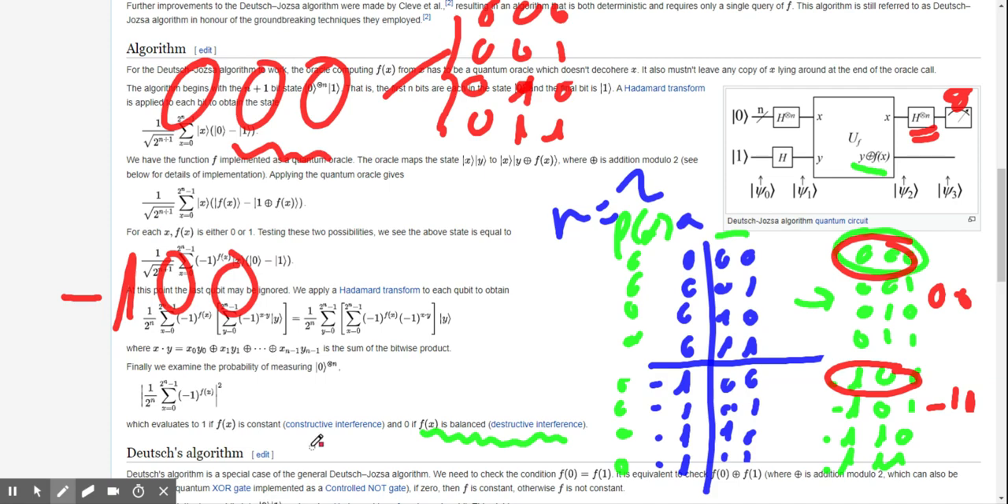Whereas in the previous example, I was having a 1 here and a 1 here, and I was having a 0 here and a 0 here, and in that case is maybe the interesting part, because now when I do a Hadamard, when I do Hadamard on this,